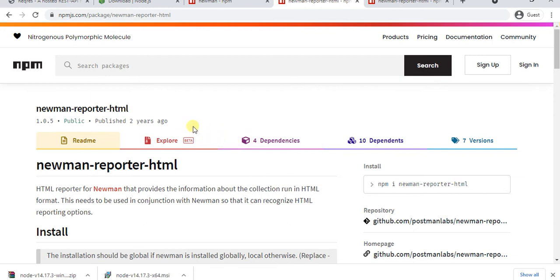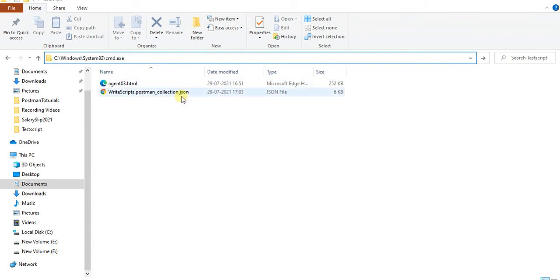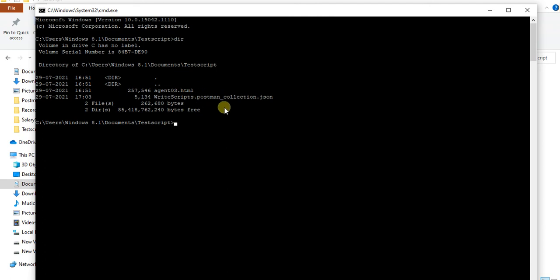Let me open the folder where my test script is, which I just added over here. Type cmd over here, and run dir to list the directory. Here this is my JSON file.